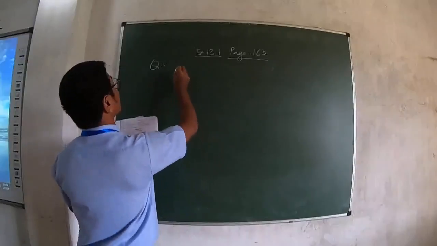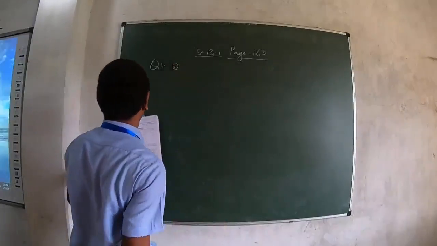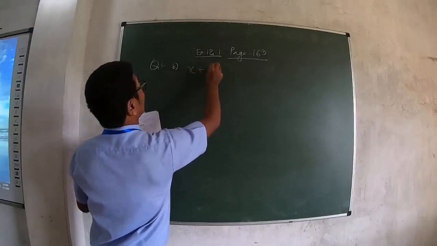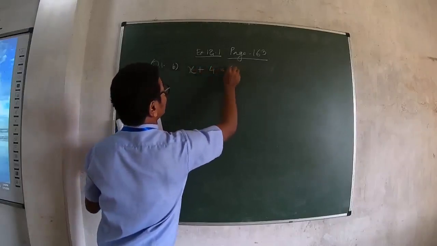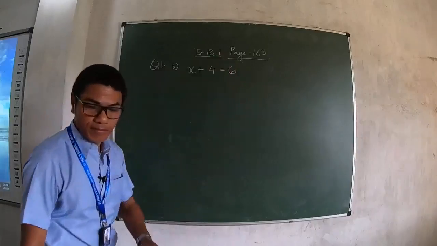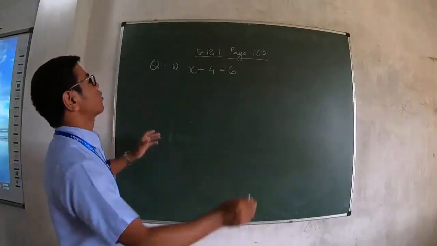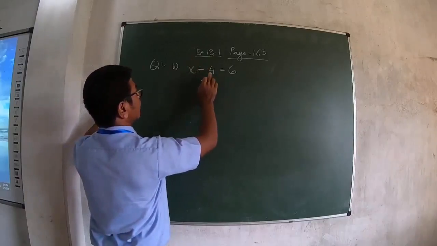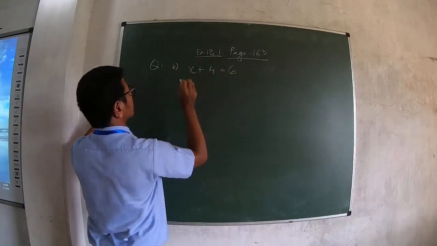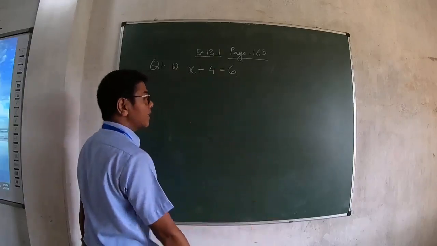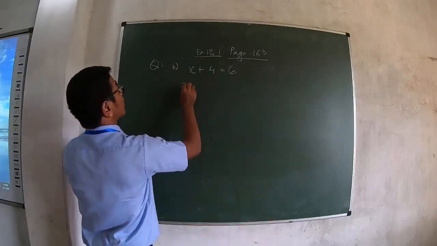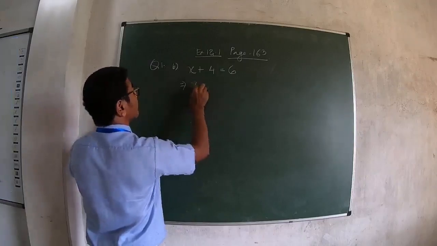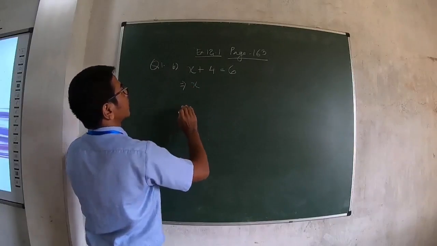Let us do 1b. 1b, x plus 4 equal to 6. Children, please make note of your question and please copy. X plus 4 equals to 6. Now what is our main idea? The main idea is the variable x. Only x should be on the left, and the other